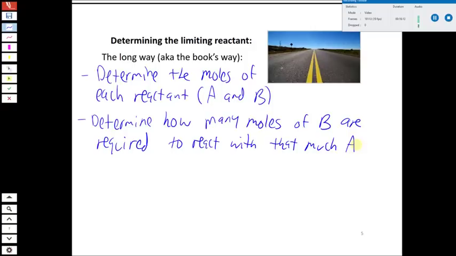All right, so you take the amount of one reactant in moles. You figure out, okay, if I have that many moles of reactant A, how many moles of the other reactant B would I actually need to react with that? And then you compare the two numbers, the amount that you calculated and the amount that's actually there that you determined in the first step. So if the amount that you calculate is less,